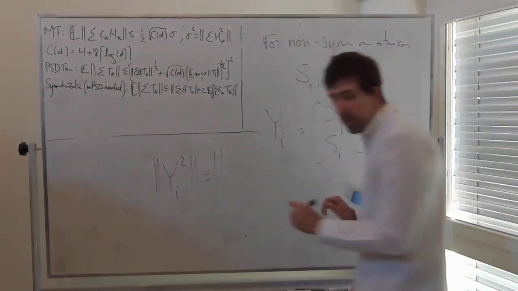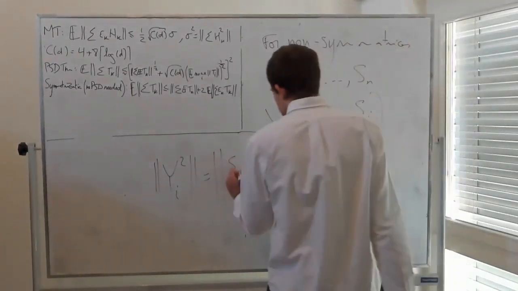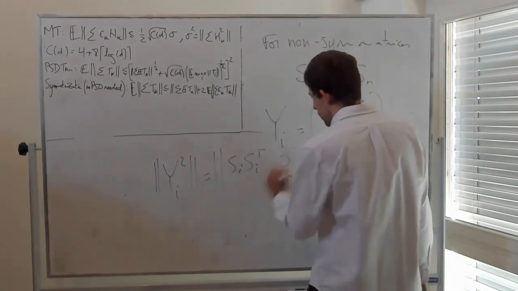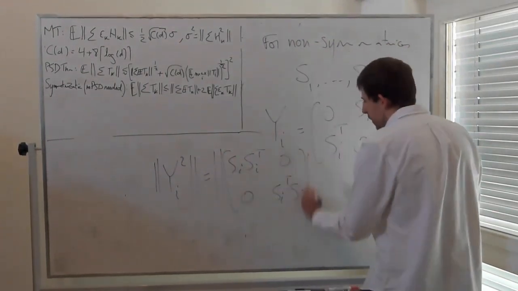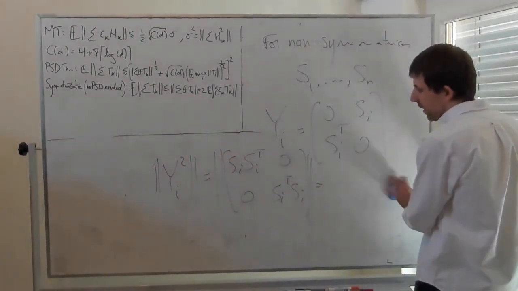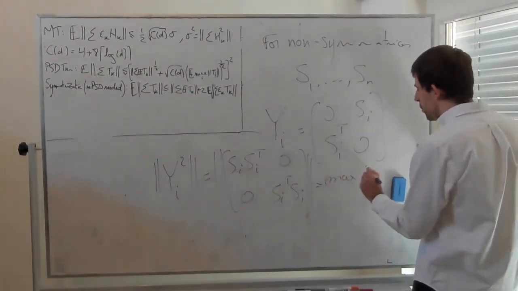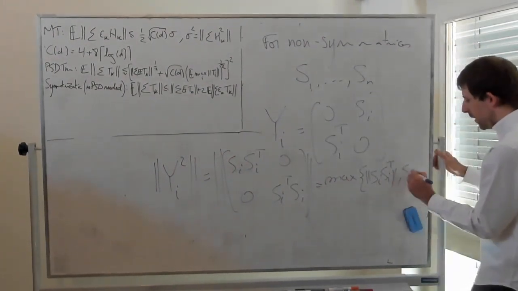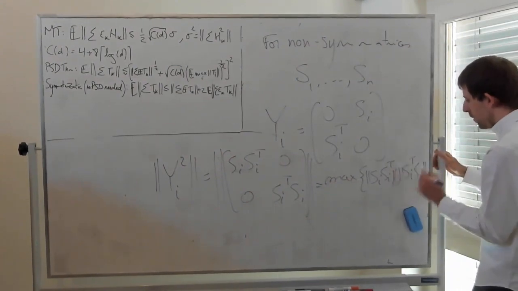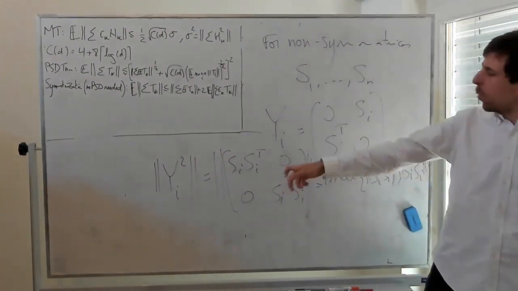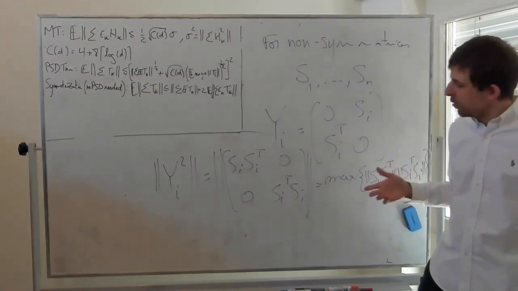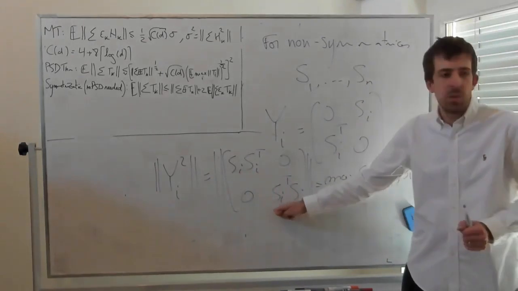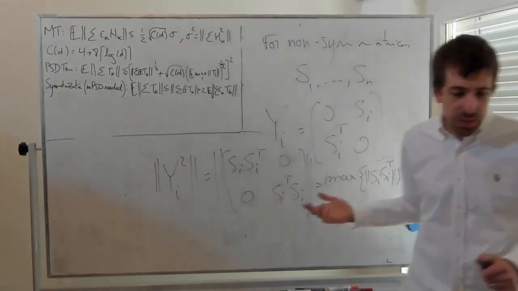Okay, I can write this a bit better. So you have the spectral norm of Si Si transpose, 0, 0, Si transpose Si here. This is the matrix that arises. And so this is just exactly the maximum between the spectral norms of Si Si transpose and Si transpose Si. And so if we use the inequalities on this new matrix, all the stuff that shows up are norms of things like our matrix times our matrix transpose, or our matrix transpose times our matrix. And essentially with this, you can,